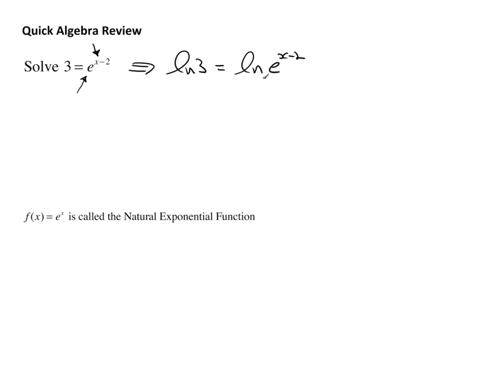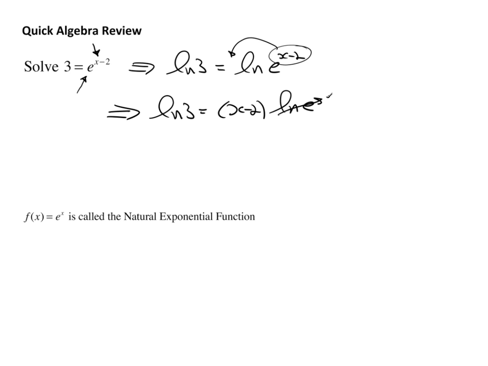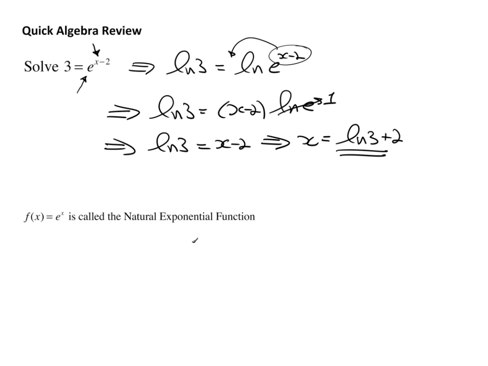And with the properties of logs, I can take the exponent and pull it down in front. So natural log of 3 is equal to x minus 2 times the natural log of e. But we already said the natural log of e is 1. So natural log of 3 must be equal to x minus 2,